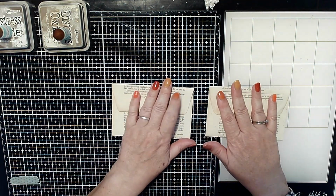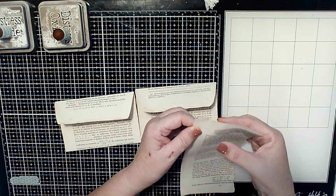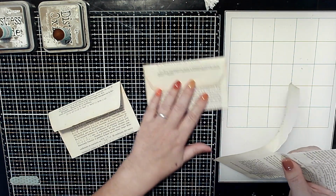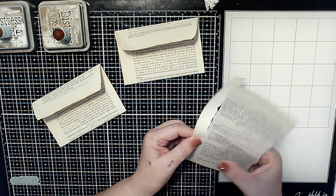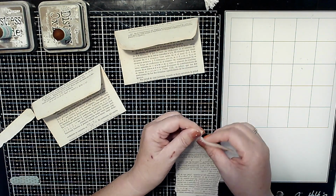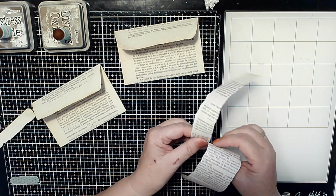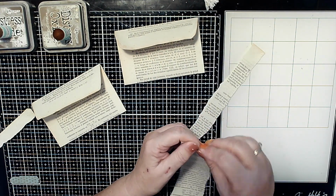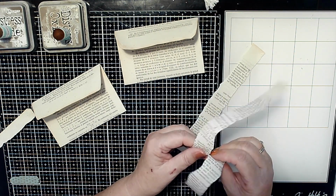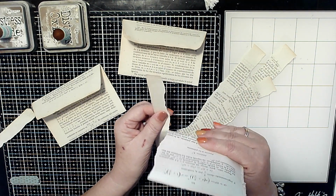We've done that. Now the next thing I want to do is take some pages like this. I'm just taking the edge off here, and I want to make some book ruffles. So I make a roll of it, not too thick. I'm going to make a roll of these book pages. I think I need another one. So I will now just go off and